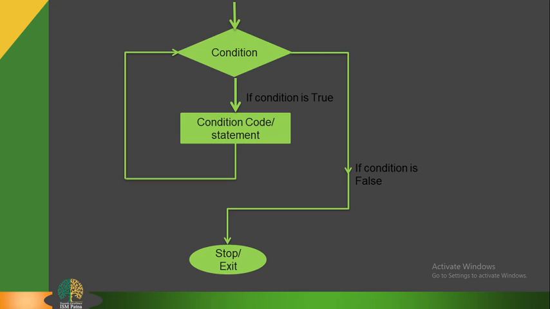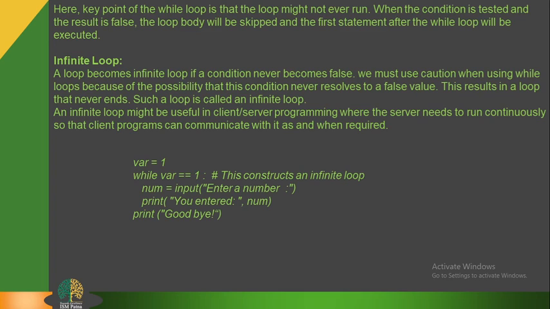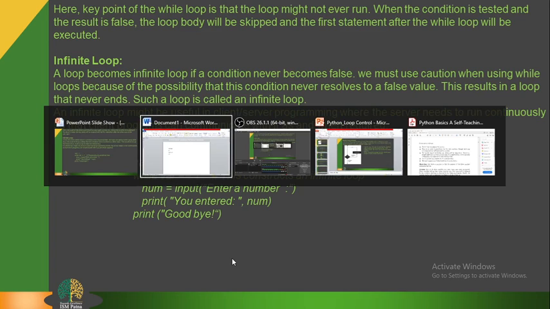Okay, before the example we have a flow chart. Here we can see that after the increment, the condition is checked. If the condition is true, the related statement of the condition will be executed, and again it repeats, starting with the condition. If the condition is false, it will be terminated from the loop. So this is the overall format of your while loop. Now let's check the while loop with some examples.